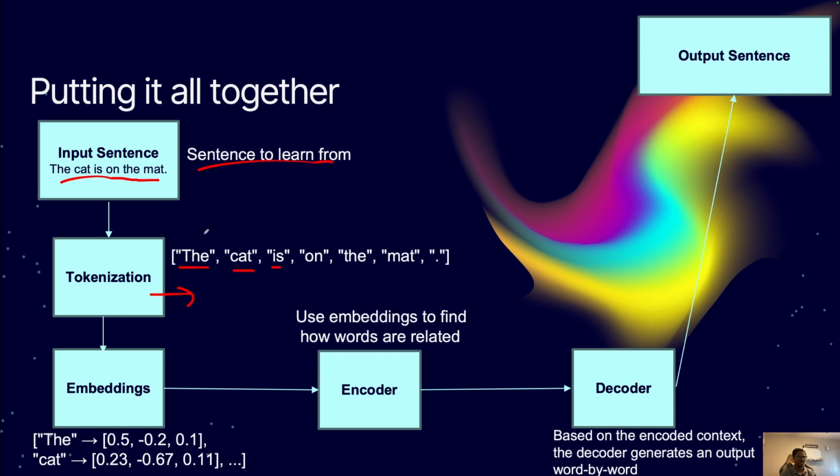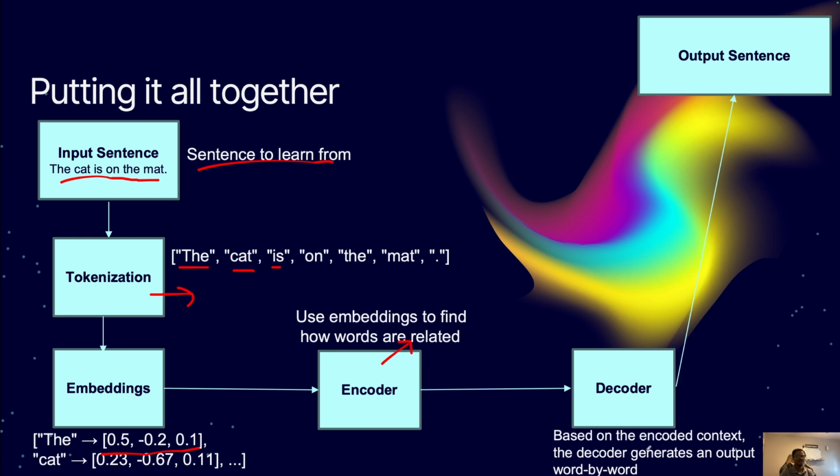So each one of these is actually a token. Then the next step, because a computer cannot understand words, is to break each word into embeddings, which are numbers, right? And now the encoder will be the one to use these numbers to see how words are related to each other. Then the decoder will be the one to use the weight that we get from here